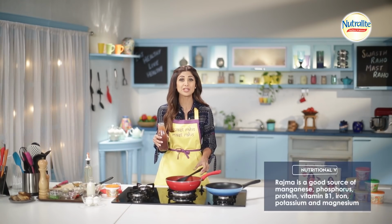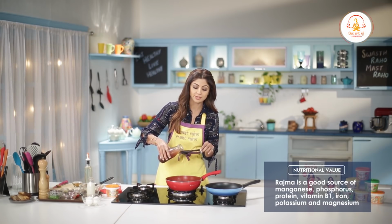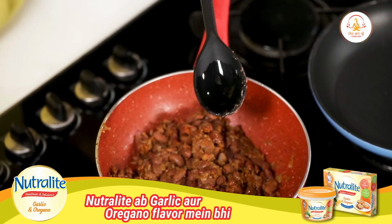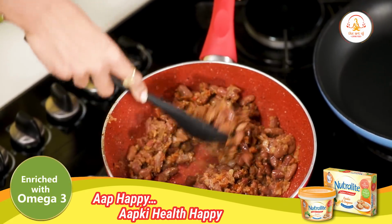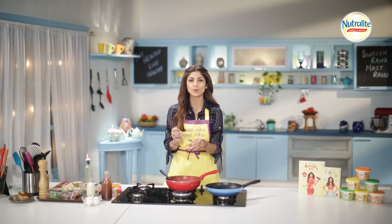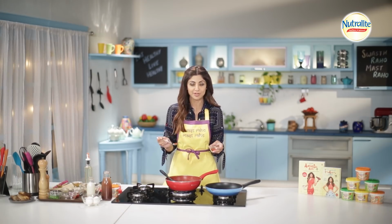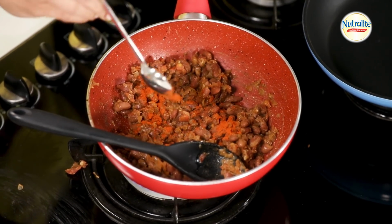So I don't want it to be too watery, but we use the same bit that we've got out after cooking the rajma, just around 4 tablespoons of the same rajma ka pani. I love using fresh red chilies, lekin if you think you want to go easy on your stomach early morning, you can just add a bit of paprika. So a teaspoon of paprika,